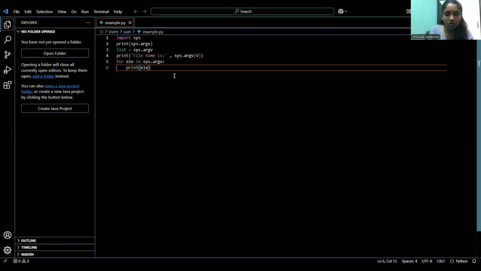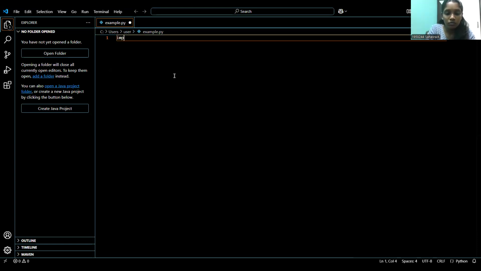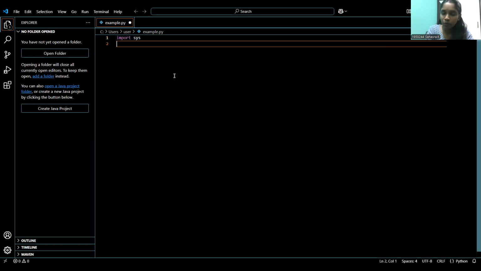We'll see another code. Importing the module is the basic thing which we'll have to do. So this program is to find the addition of 2 numbers where the user will pass 2 arguments.